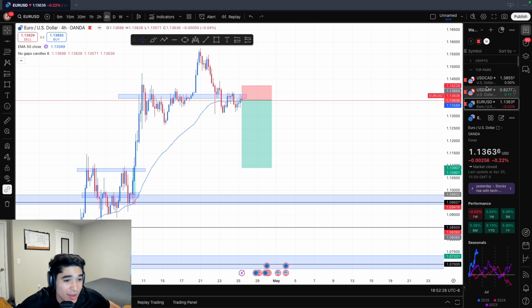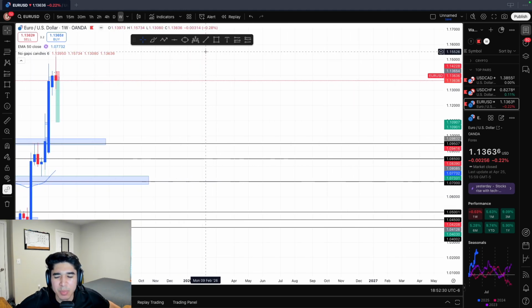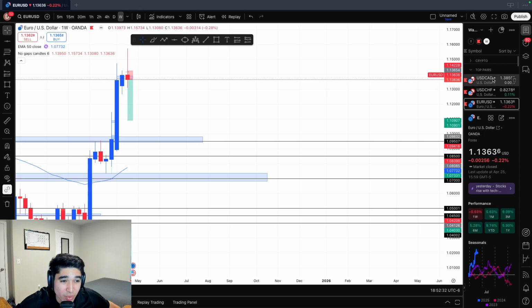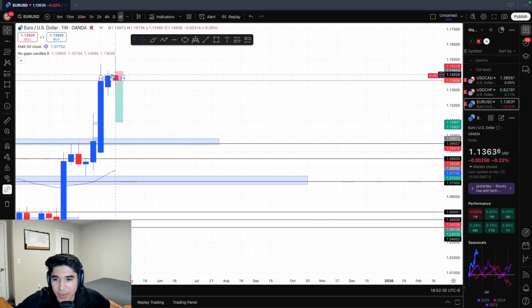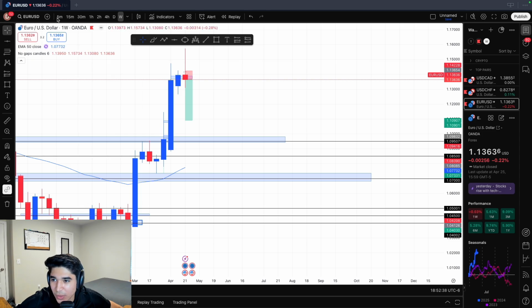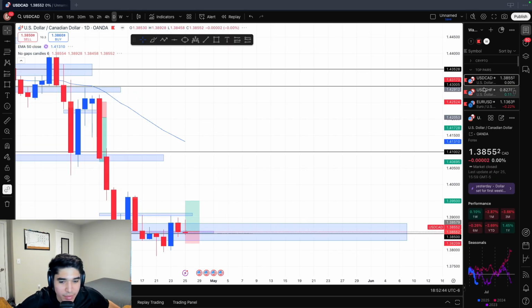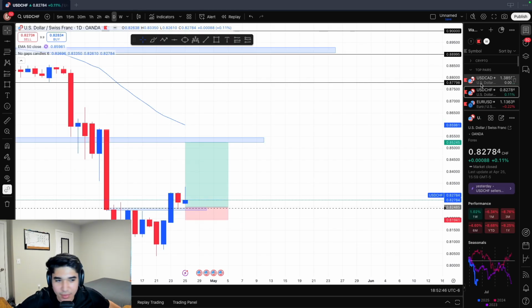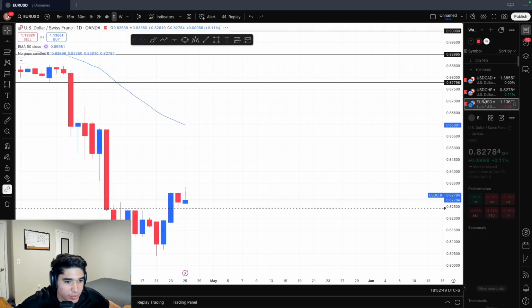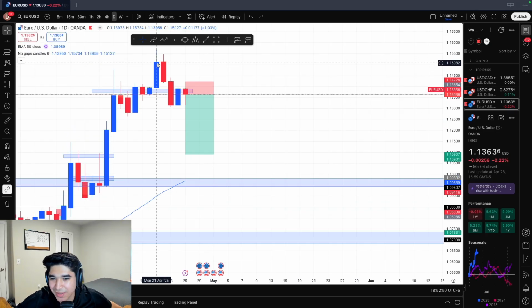I think any of these can happen, but if they do happen, they will probably happen at the same time, unless maybe CAD, CHF, or Euro does not make it happen. But as you can see, EURUSD daily, same thing. If you look at this, they are the same thing. These ones are going to the upside, and this one is going to the downside. We're bullish, we switch bearish,